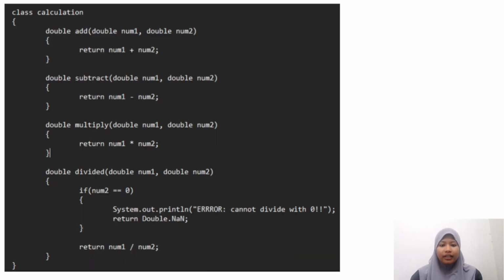In the Calculation class, inside the divide method, we check if the second number is 0. This is done using an if statement. So first, if (num2 == 0), and then System.out.println("Error: cannot divide by 0"). Then return Double.NaN;